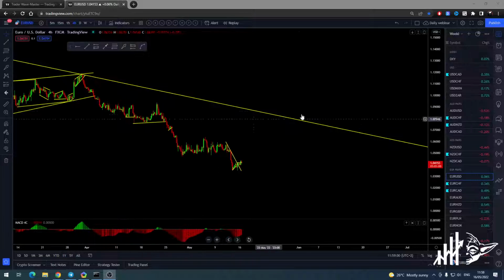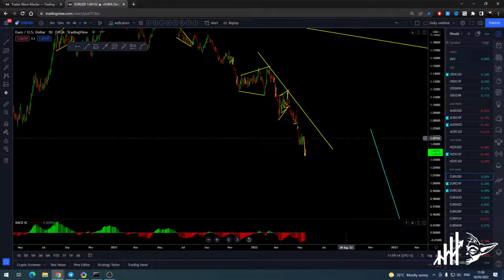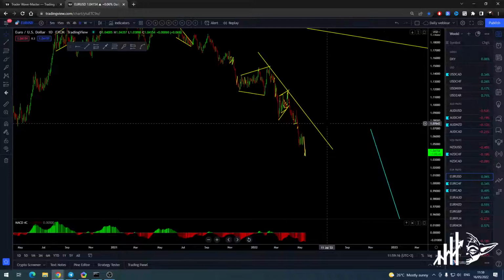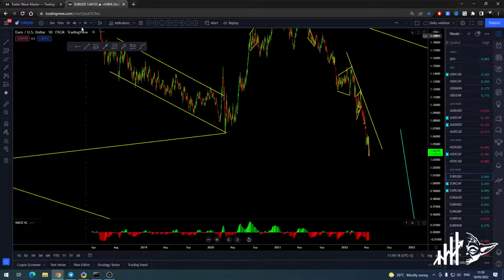Euro dollar, what we were talking about is we want to see the correction. Okay, I don't think this is the correction and all that we will get. I would love to see the deeper correction before the next move will appear over there. So anticipate a deeper correction. A 4-hour daily correction is what I want to see before the next push to the downside. But it's really worth taking the sell over there.